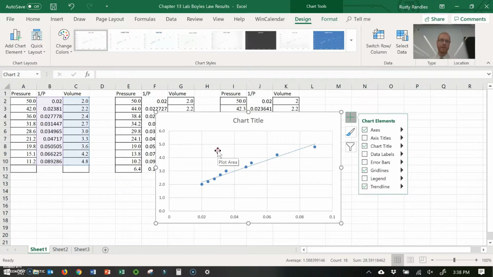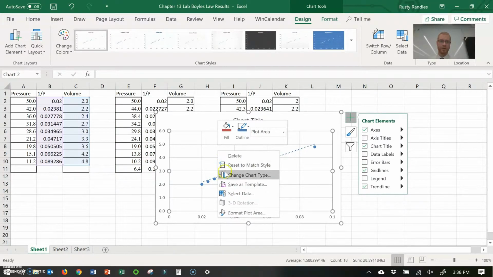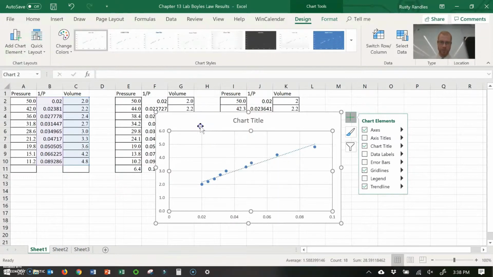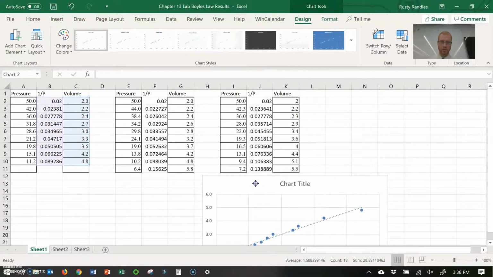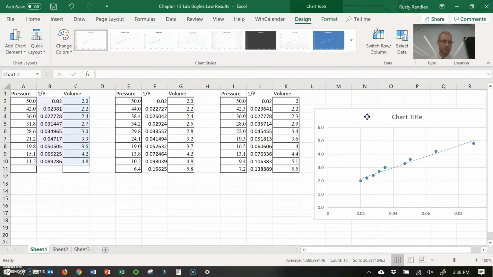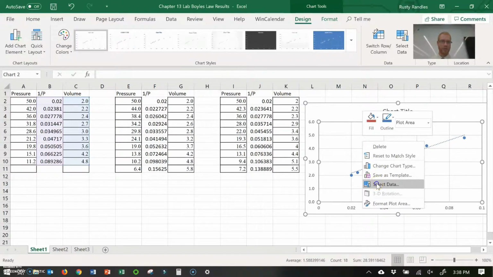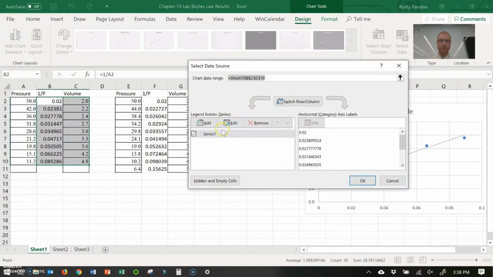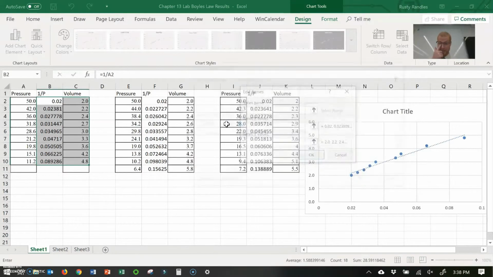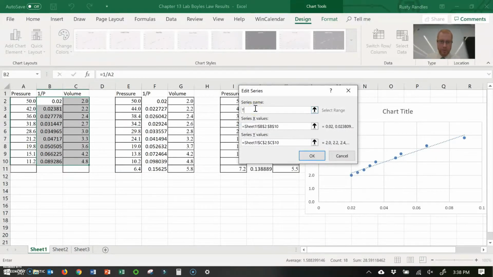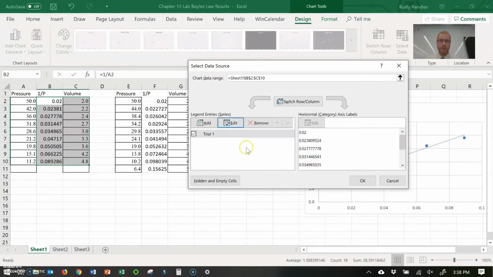So I'm going to right click in the chart area here and go down to select data. Okay. Wait, first what I'm going to do is I'm going to move my chart so that I can see all my data. Okay. So I'll put my chart over here. Right click, select data. I'm going to edit this and call it trial 1. Okay. Now I'm going to add trial 2. So I'm going to go to add,